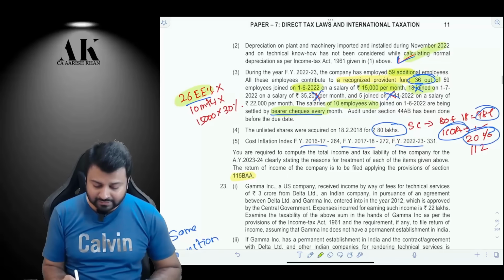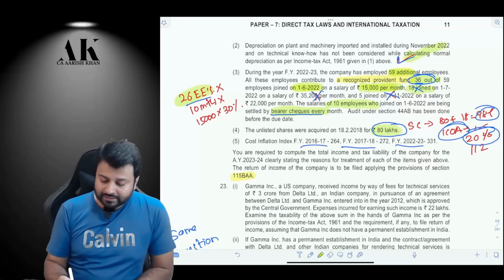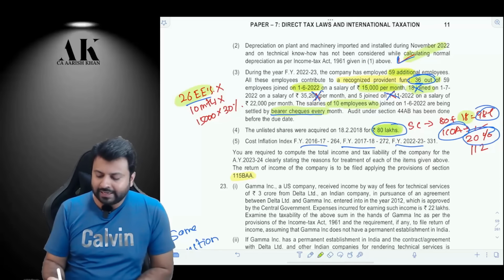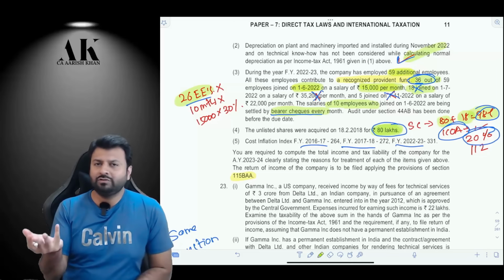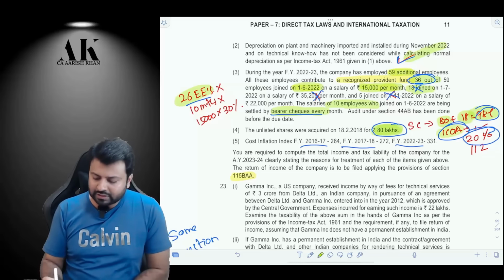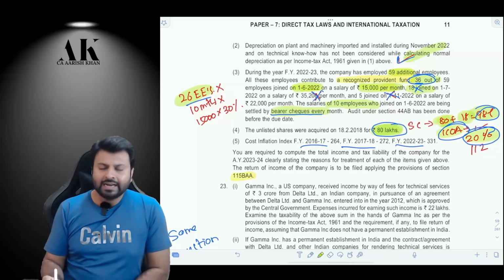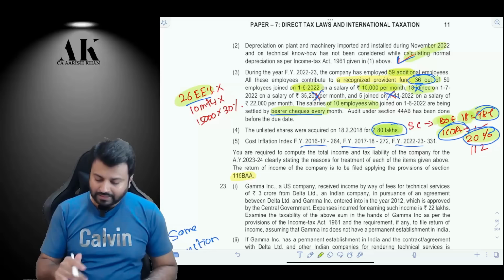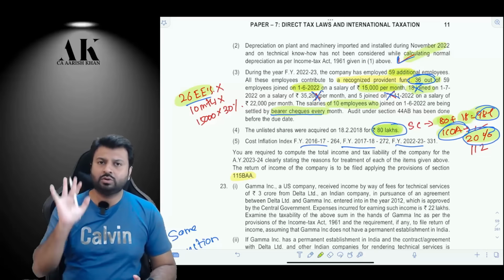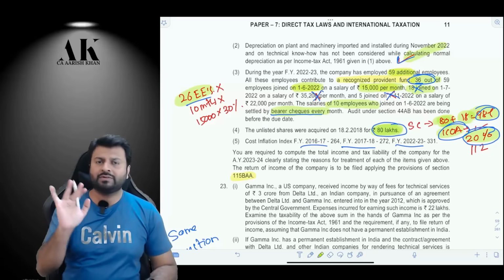Next, unlisted shares were acquired at 80 lakhs. Now be very careful. Unlisted shares are acquired at 80 lakhs and you have a profit on sale of 18 lakhs. Therefore, profit is 18 lakhs and purchase price is 80 lakhs. Therefore, the sale consideration will be 98 lakhs. Okay, this is how you have to compute. Backward, you have to go and compute the sale consideration, and then you have to index the cost of acquisition. The cost of acquisition is 80 lakhs. You have to index that, and that will be chargeable at 20% tax. Okay, and the rest of the income will be chargeable at 22% tax, plus the entire tax will be subject to 10% surcharge and 4% cess as per 115BAA.